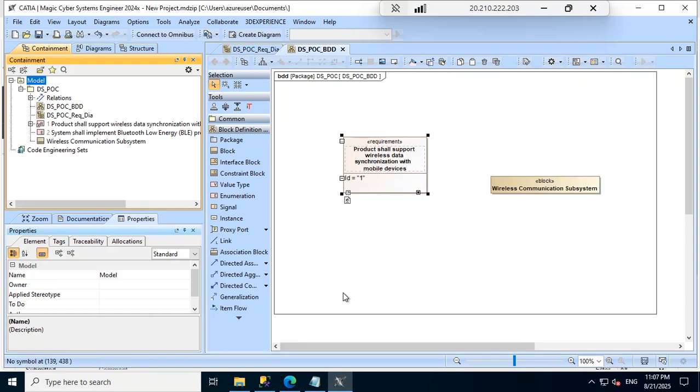This was a quick demo of the integration between Catia Magic Cybersystem Engineer